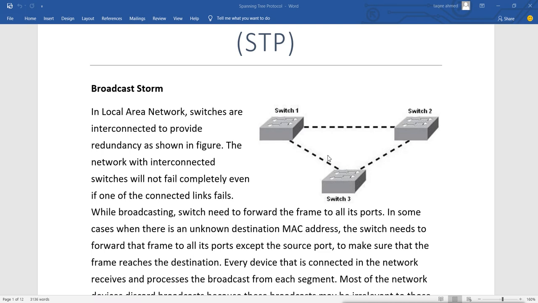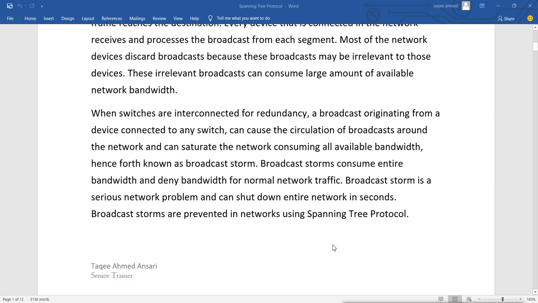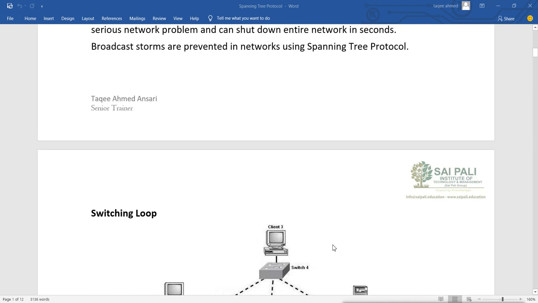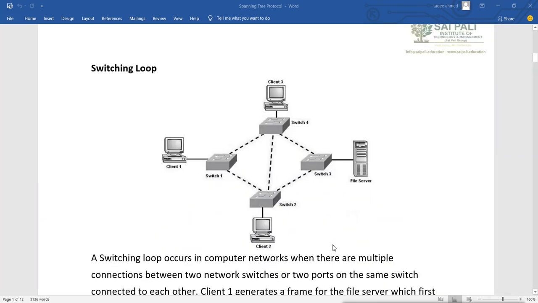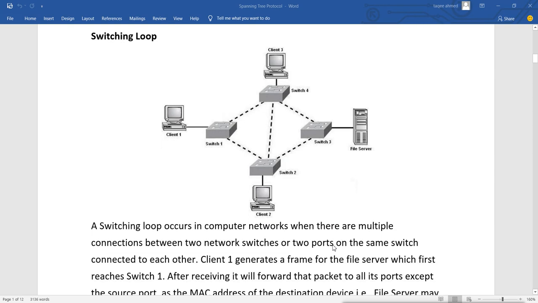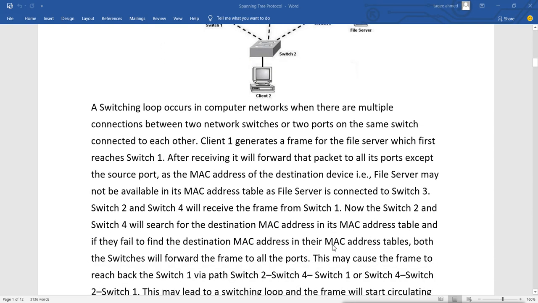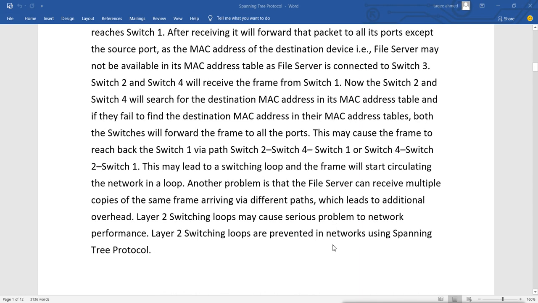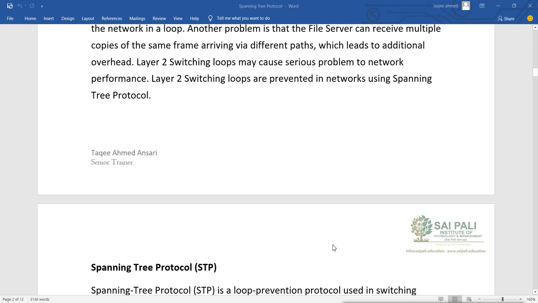So let me explain why it creates the broadcast storm, and also how it can create the loop, which is called a switching loop. And when you have a switching loop, then you can have a broadcast storm also, and it can go on and on and on, and it can consume the whole bandwidth of our switch.